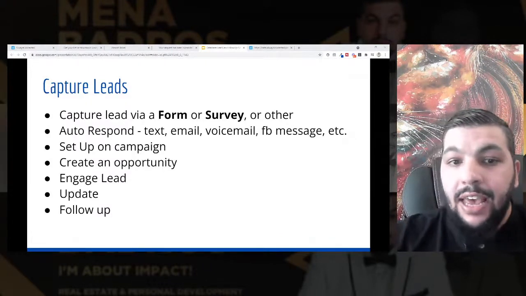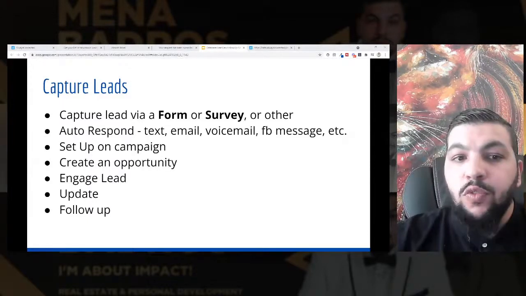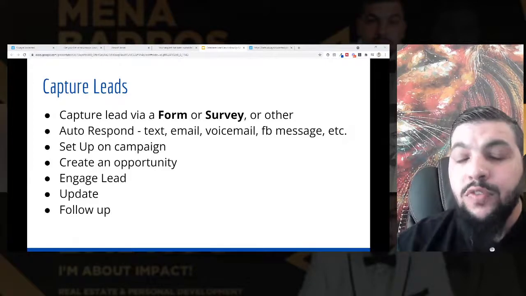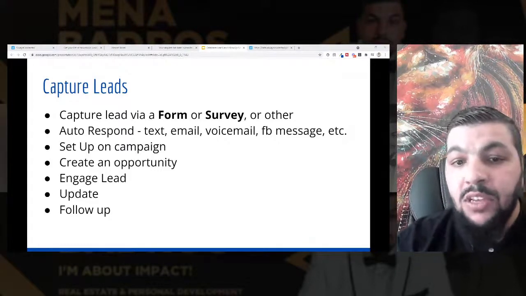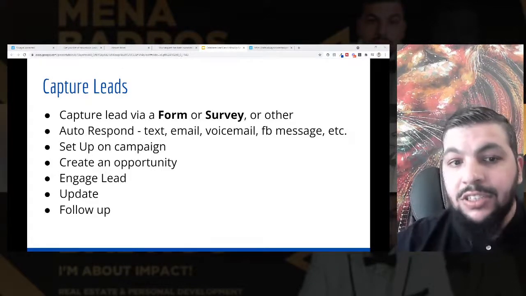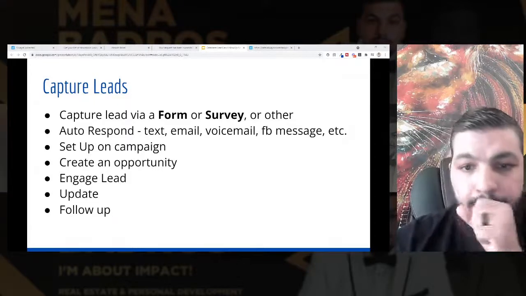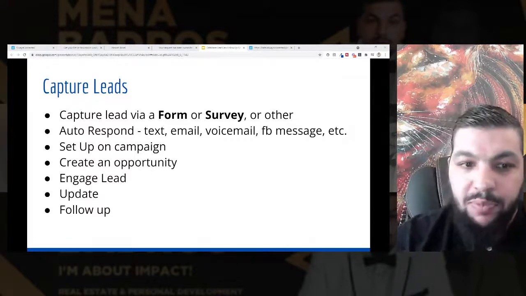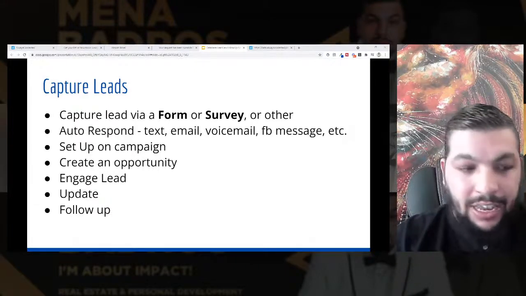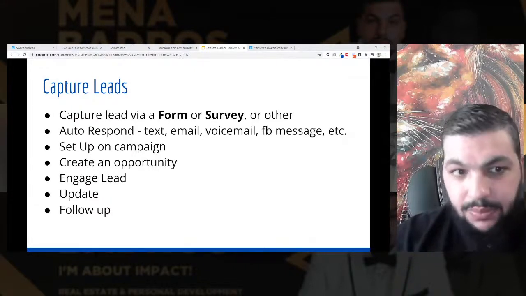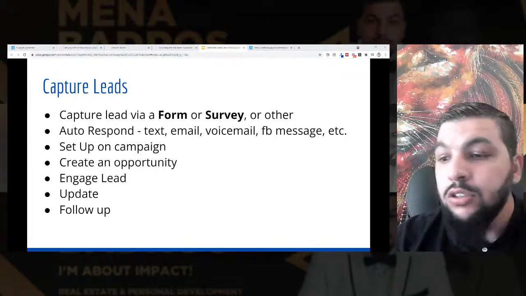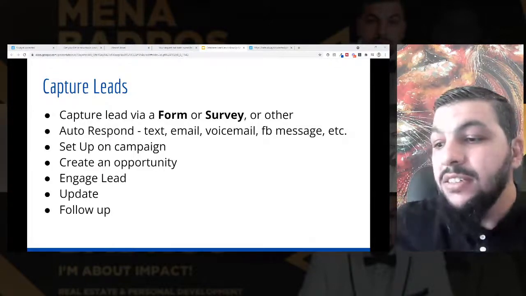It also says that you need to follow up more than 4 times in order to get a sale. Studies show that you should follow up 7 to 12 times before a lead is converted into a client. And most people follow up less than 3 times. So the majority of people miss out on sales simply because they don't follow up frequently enough, or they also don't follow up fast enough.